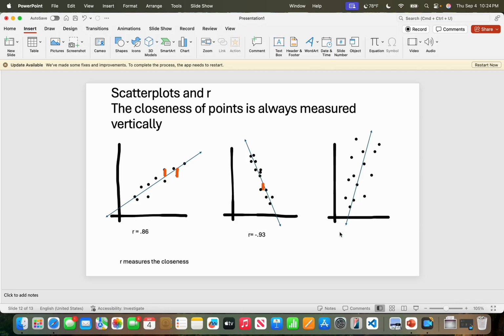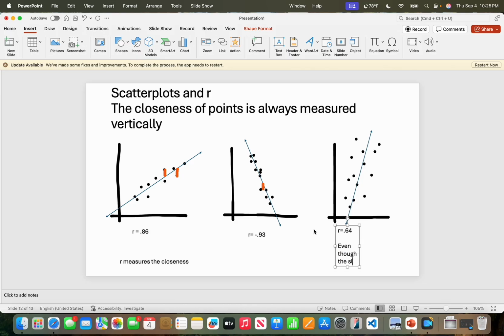Now, last but not least, here's what I want to mention here, and here's why I'm writing out all those extra notes, take a look at this one. Your slope is positive and the slope is steeper, but does that mean that R should be greater than 0.86 like this one was? The answer is no, and maybe you caught it from my tone that I was warning you of that. R in this case would probably be something like 0.64 because,